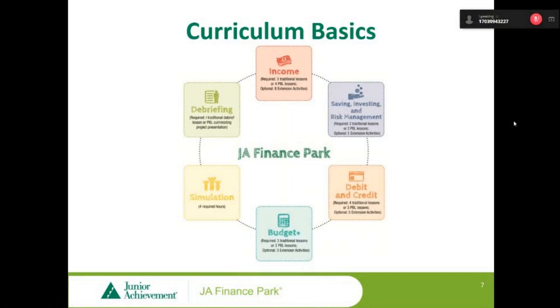Excuse me, I have a question. Yes. Do these units need to be presented in exactly this order, or can you do them at your own leisure? Oh, thank you. This order that you see here is how the program has been trialed, how it was